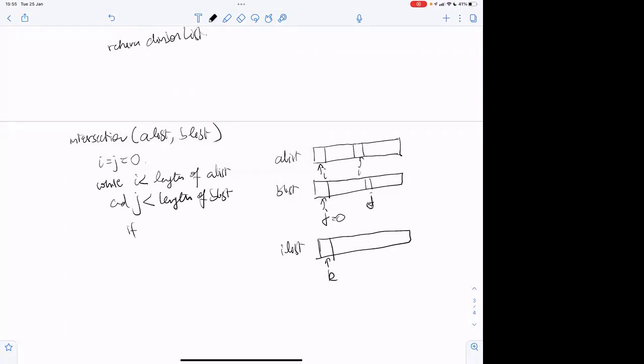If A list I equals B list J, this equal to means I'm comparing the two elements and they are equal, correct? Then I also put K equal to 0, correct?